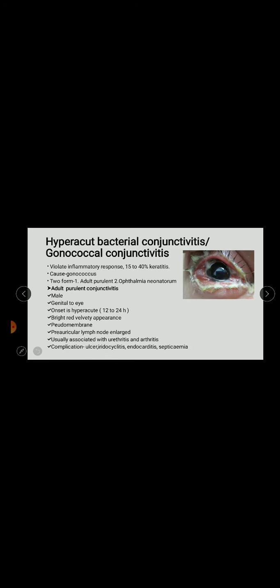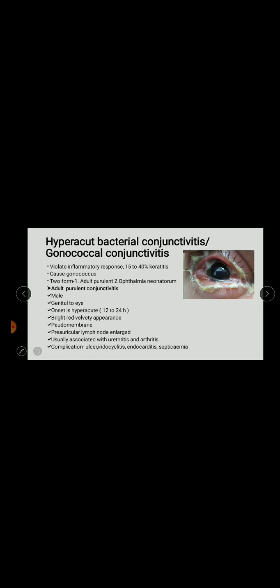Other supportive treatment for the conjunctivitis will be irrigation, dark goggles, okay, and no bandage. We should not do the bandages. Note this point, because after bandaging, the conjunctival sac is converted into an incubator. It means the bacteria will multiply in this condition. We should not give the steroid. We can give ibuprofen, paracetamol as an analgesic, and we should advise the patient to wash the hands regularly, and should not share the towel and handkerchiefs.